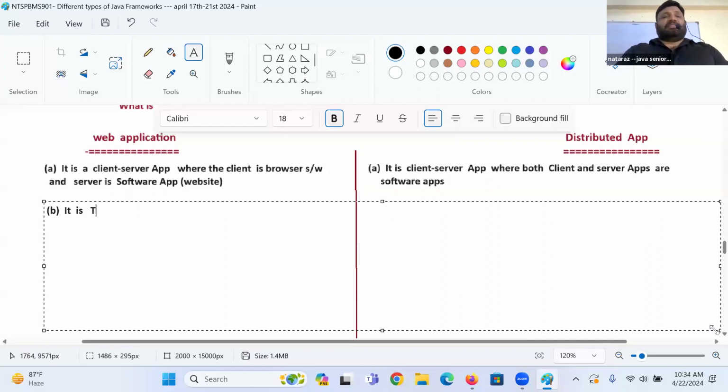B, guys. It is a thin client, fat server application. You take any website, it is a fat server application. Browser side, no logic of the website. Just a browser will be there. Everything of the website will be there in the server only. You take narashit.com, guys.